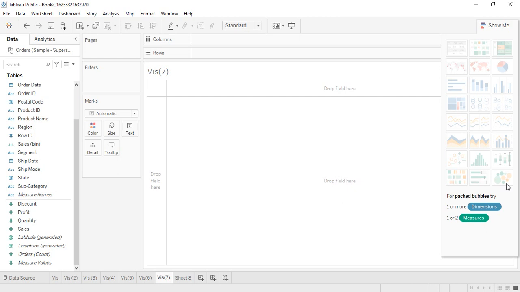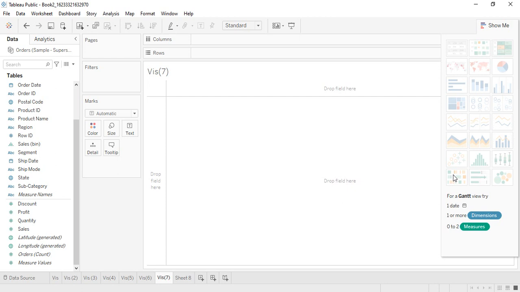Particularly out of these two charts, the Gantt chart is relatively important because whenever we want to talk about timelines or the tasks that must be completed in a given set of time, the Gantt chart is created, because it uses the date dimension as a compulsory requirement. So if you go to this Gantt chart, we have a compulsory requirement of one date that must be present, one or more dimensions, and 0 to 2 measures. So basically you can take any dimension and a date. That is the minimum requirement to create a Gantt chart.